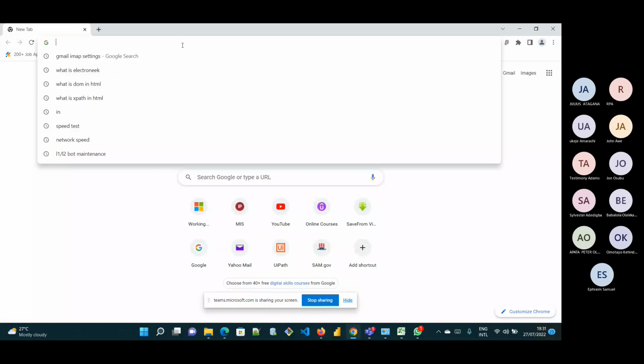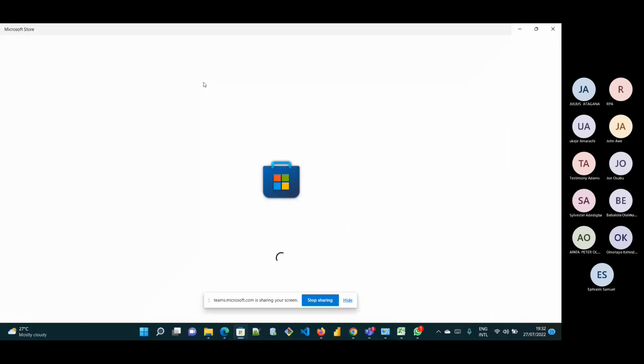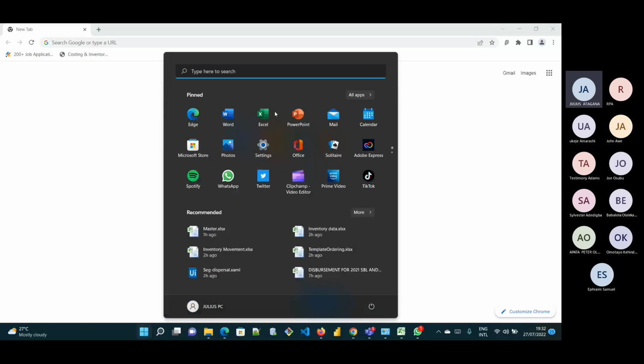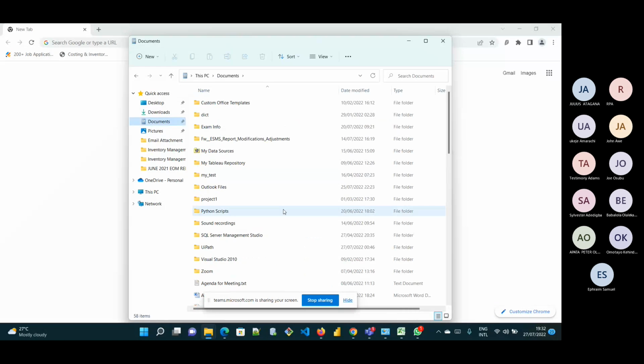Yes, sir. Okay, we are still waiting. While we're waiting for your connection to come in, I think I can just be talking, so we'll know that it's only the practical you'll be helping us with. Okay, sir. All right, so we just try to utilize the time given to us. Quickly, I'll open the orchestrator document shared with us so that we'll be going through. So when Amarachi is ready for us, we can work with that.